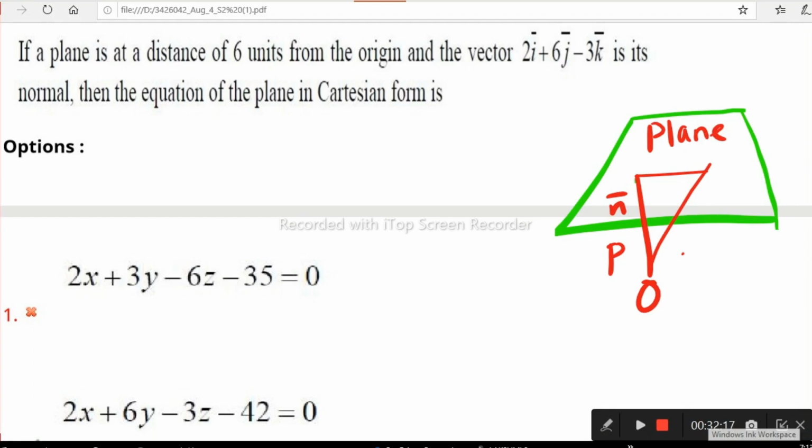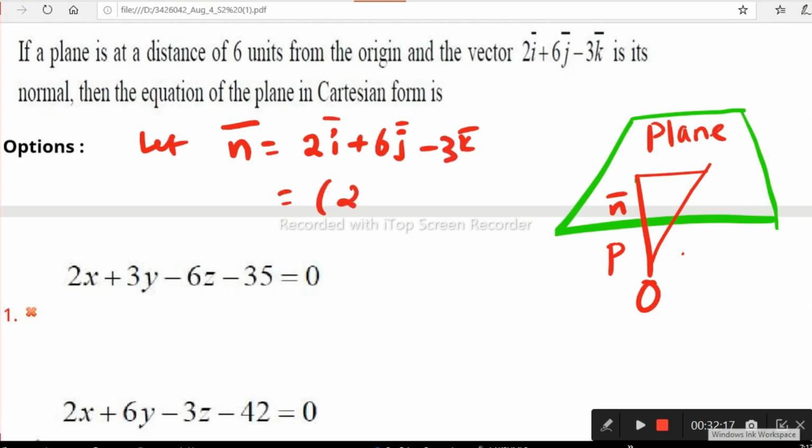You can observe this figure. This plane has a perpendicular vector n bar and p is the distance from the origin to this plane. Then the equation of the plane when n is a unit vector. So ikkada n అనేది ఏంటంటే let n be the perpendicular normal vector kada. Normal vector n bar is given as 2i plus 6j minus 3k. We can write it as an ordered triad also kada. Then ela rayachu kada, 2, 6, -3. In case of Cartesian equation, we can take the general vector r bar as xi plus yj plus zk. This is for the Cartesian equation, xi plus yj plus zk.